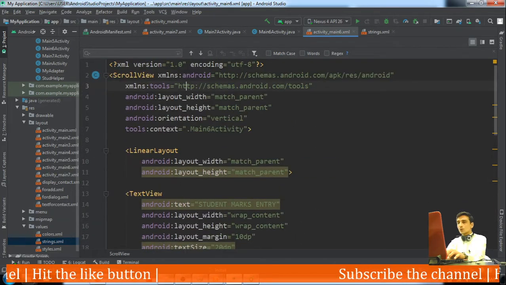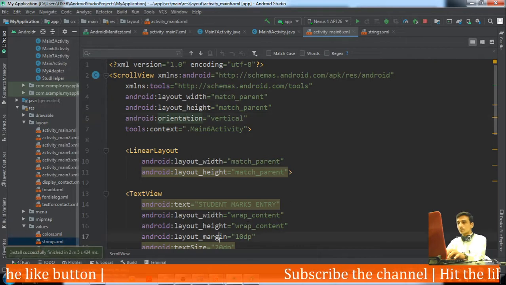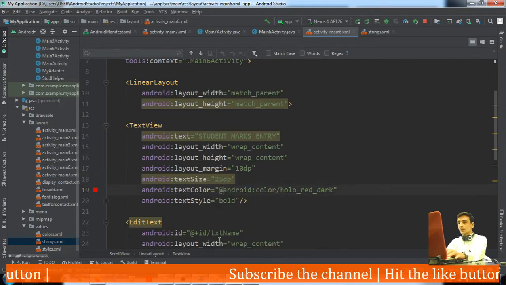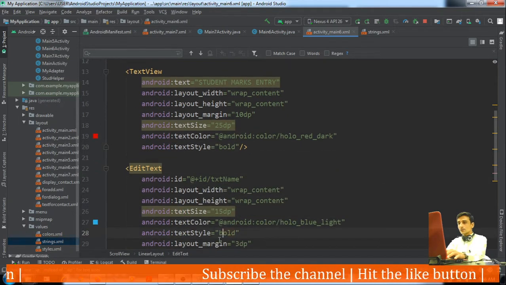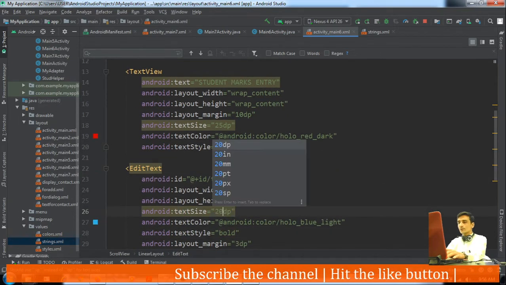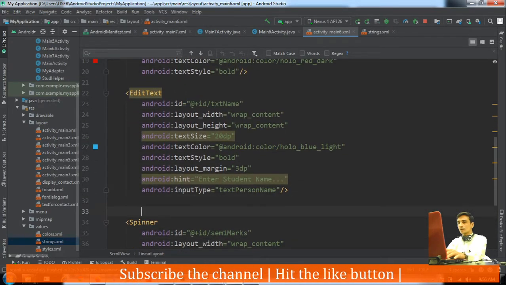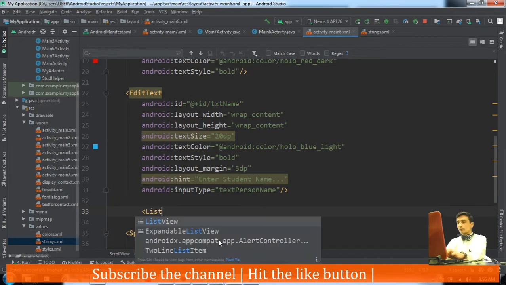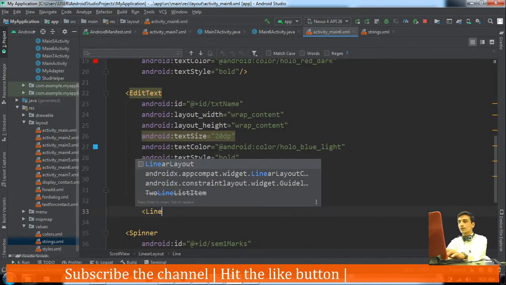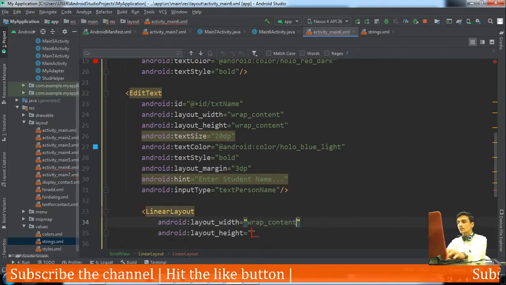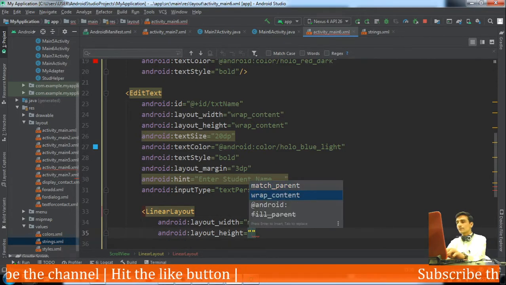Now the text view will have a text size of 25, and the edit text will have a size of 20. Then before the spinner, for each spinner we will again define a linear layout. Its width should be match parent and height should be wrap content.